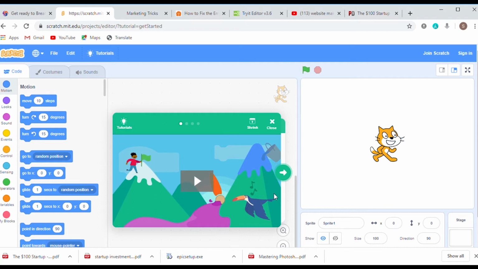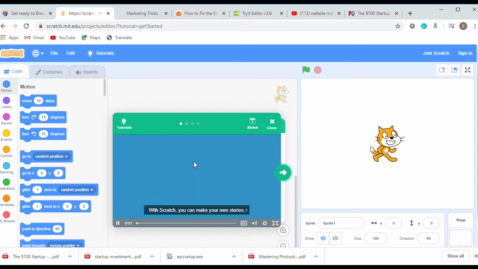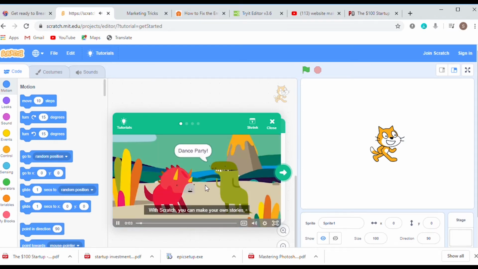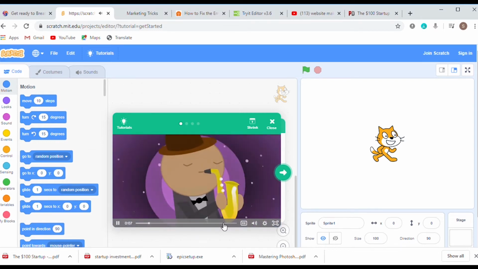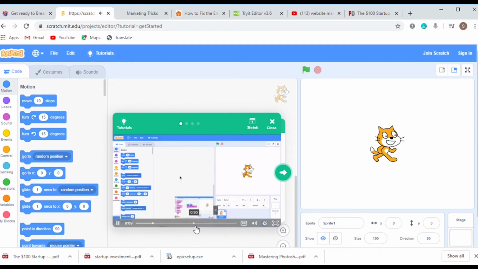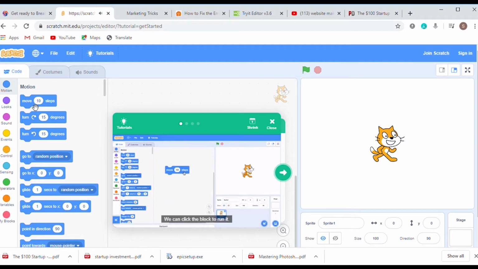And then over here, they provide me with a video of what I can make, right? So over here, this is the panel where you can see your project, what you're doing, the visual presentation of what you are doing. And over here, you can play this video right here, and you can see what you can do. These are games that you can make, and animations and stuff like that. So they're showing me what I should be doing.